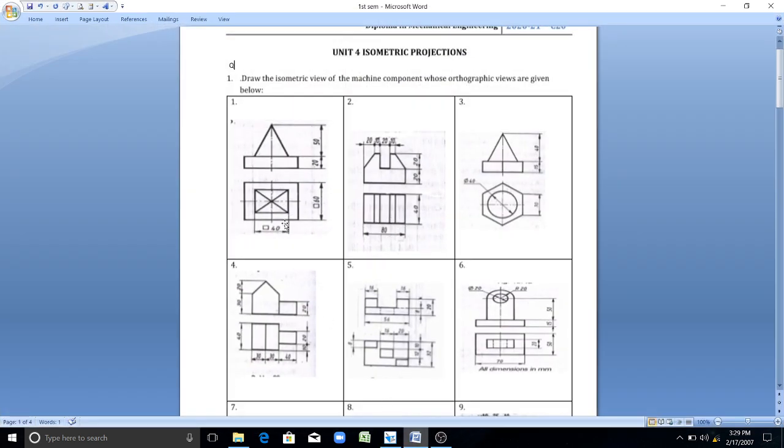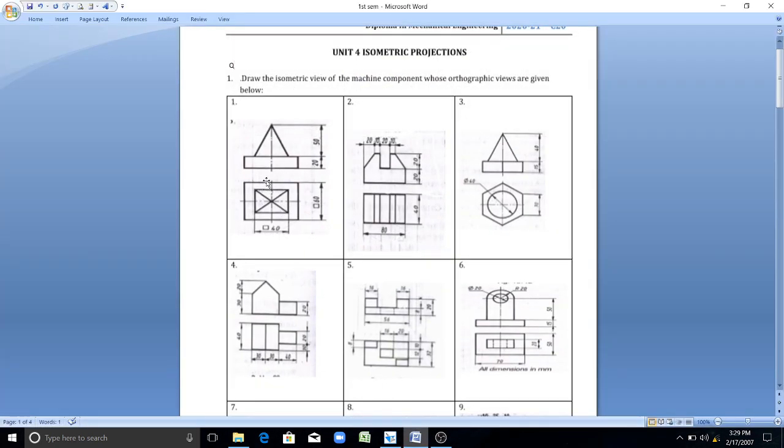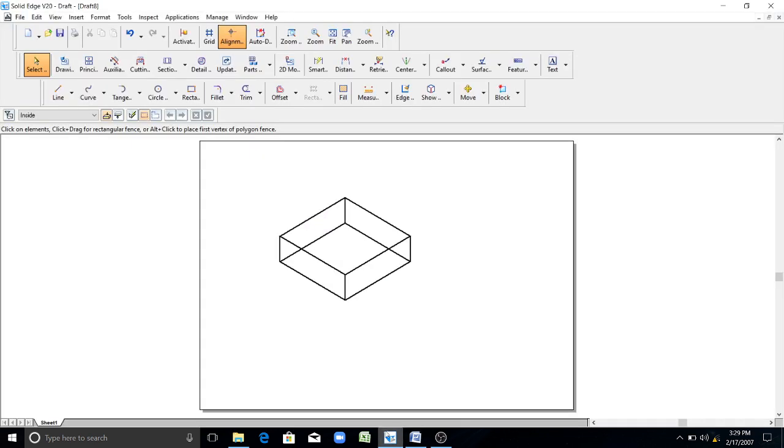The square pyramid dimension is 40 mm. To draw that, it is 10 mm reduced from all directions. This side 10 mm, this side 10 mm, and this side 10 mm. For that, you have to draw a 10 mm distance line here from all the sides, 10 mm here, and the angle is 30 degrees.